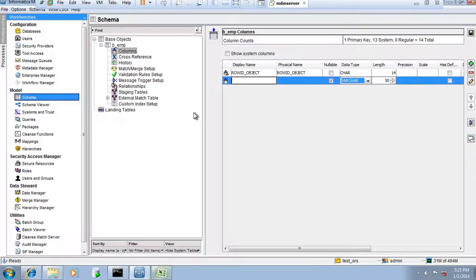These two columns I have, so I will write EMP underscore ID, which should have the data type int, and here EMP ID could be nullable, but because row ID object will be the primary key for this table, I'm making this not nullable.